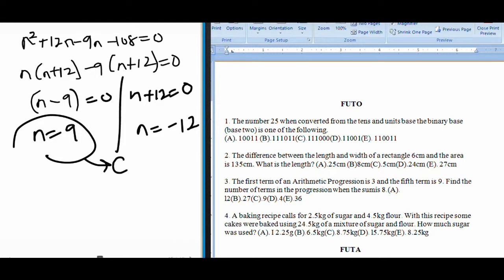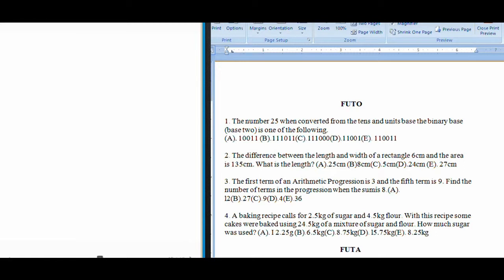The next question is: a baking recipe calls for 2.5 kilograms of sugar and 4.5 kilograms of flour. With this recipe, some cakes were baked using 24.5 kilograms of mixture of sugar and flour. How much sugar was used? In order to solve this problem,